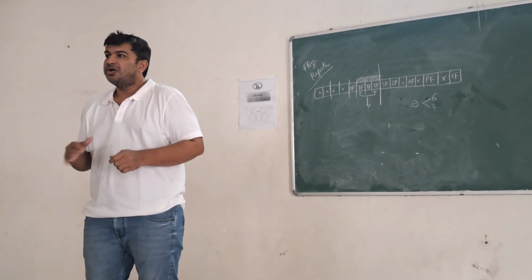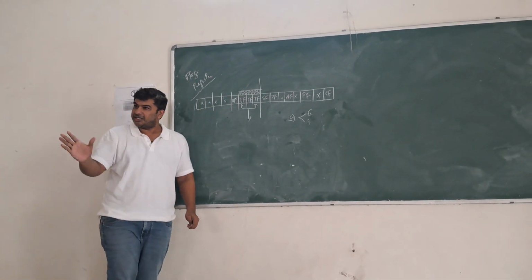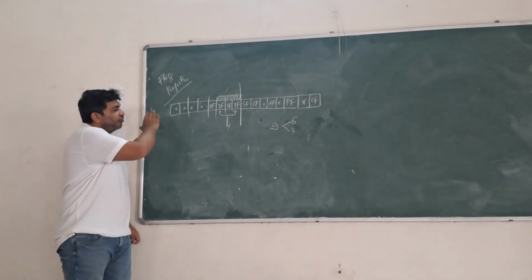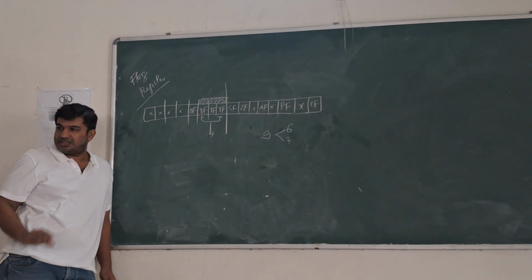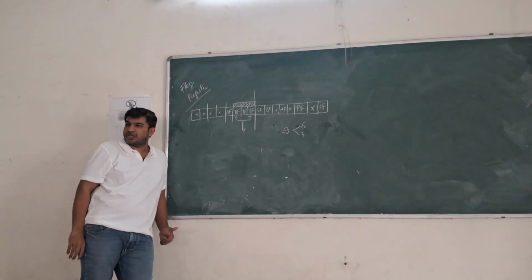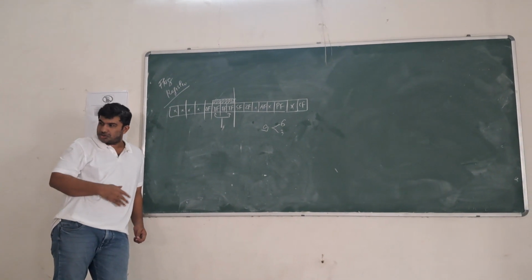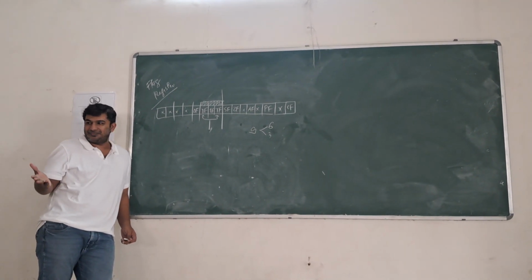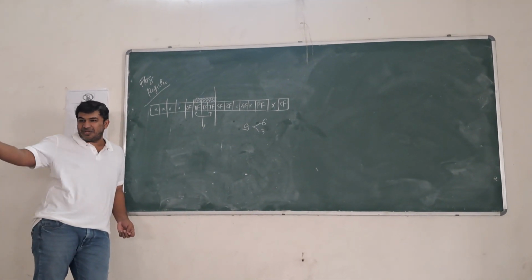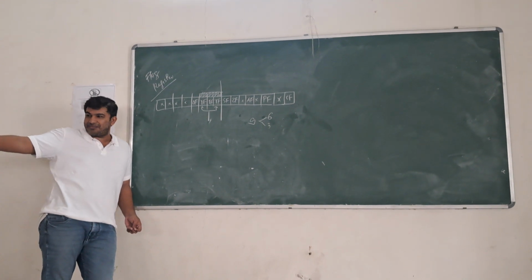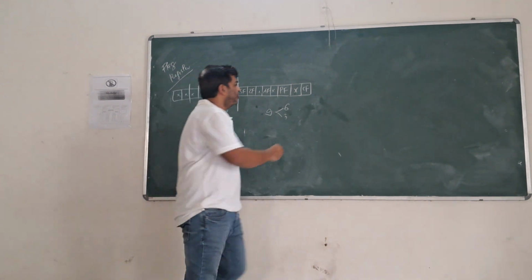Clear? Now, what are the flags? What do they do? That we are going to study. So we have only 9 flags, so the other locations in this register are blank. That's why crosses are drawn on those locations. We have 9 flags, and the flag register contains 16 bits, so 7 places are empty. Let's start with the first one.